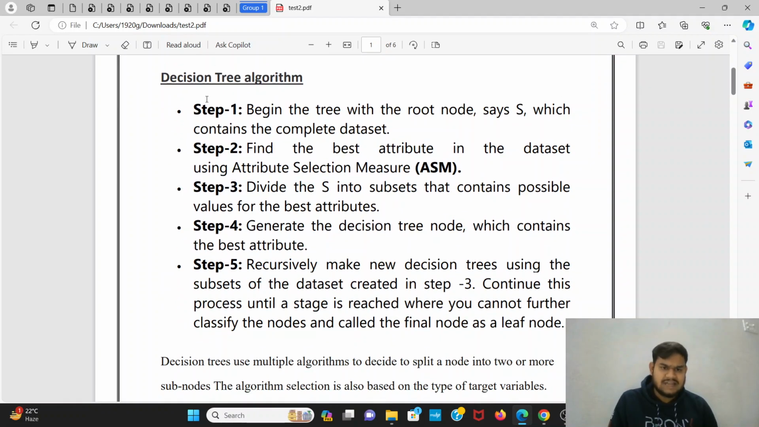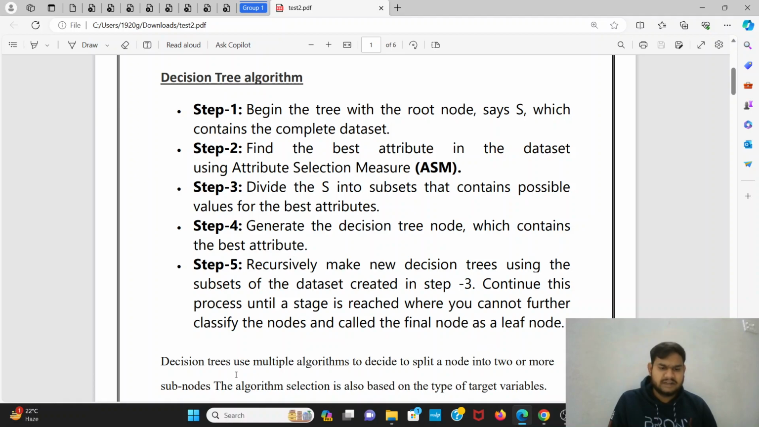Decision tree algorithm. Step 1. Begin the tree with the root node, say S, which contains the complete data set. Step 2. Find the best attribute in the dataset using attribute selection measure, ASM. Step 3. Divide the S into subsets that contain possible values for the best attributes. Step 4. Generate the decision tree node which contains the best attribute. Step 5. Recursively make new decision trees using the subsets of the dataset created in step 3. Continue this process until a stage is reached where you cannot further classify the nodes and call the final node